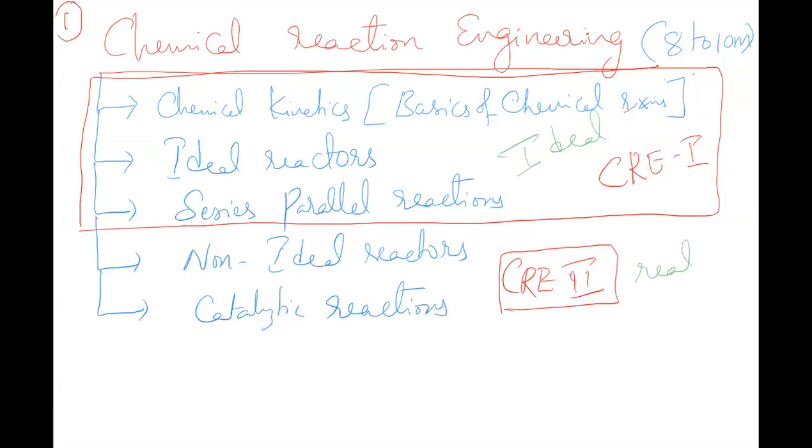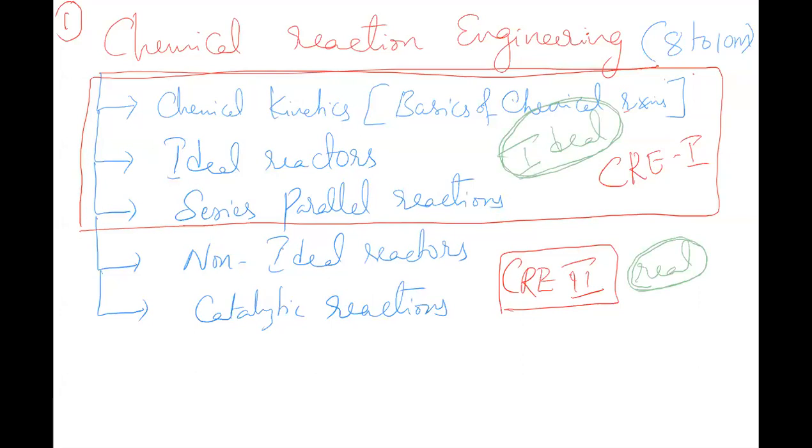So if you try to understand what you do in CRE1, you will try to design a reactor in CRE1. And then in CRE2, what you do is, how do you translate this design knowledge into a plant? So that is the basic difference. So everything you will talk about is the reality. How do I translate into a plant? See, here everything you will study is the ideal thing. That is the basic difference.